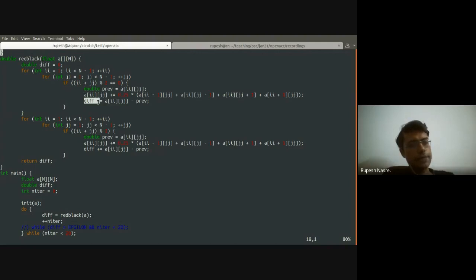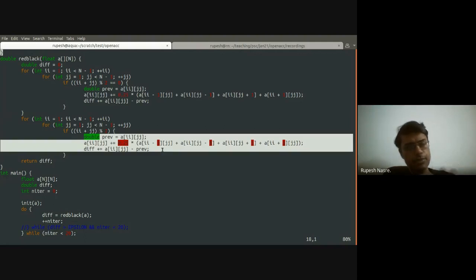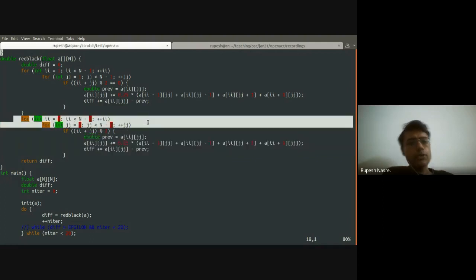There could be other ways in which the diff can be used, but I'm just making use of this in this particular way, where for individual elements, I'm going to compute what the diff is, and all these individual elements' diff is going to get added until I reach certain criteria and so on. So this gets added for both the loops. Both the loops are going to be exactly the same. I mean, the body of the loops. The loops per se are also going to be the same.